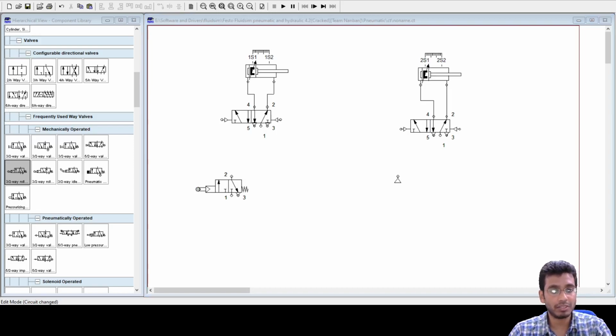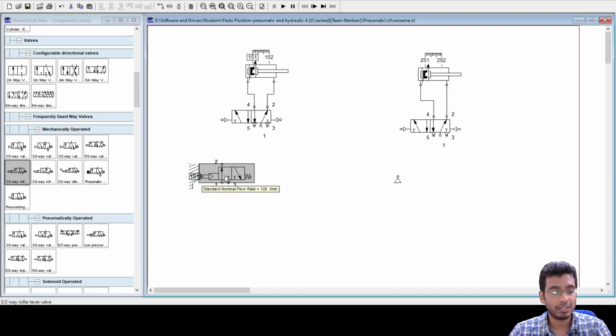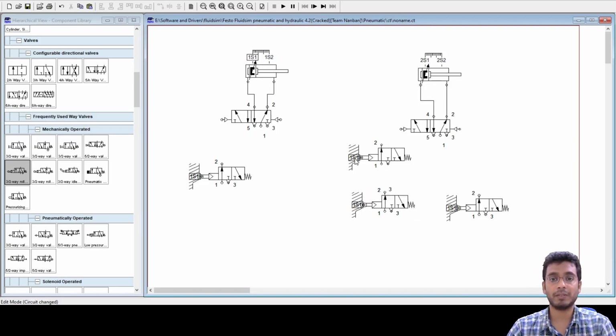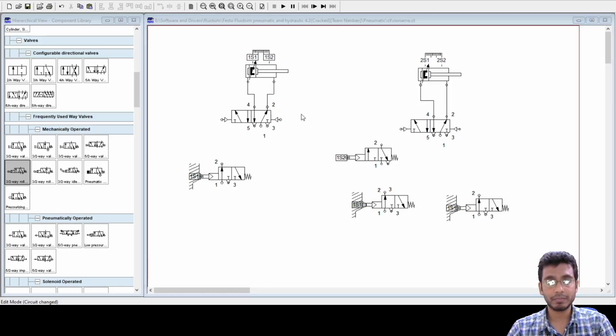So this would be my 1S1, and then similarly the others. I have just named these valves.